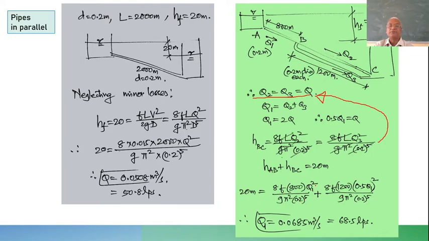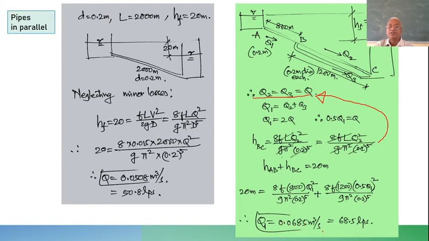This is the first part, plus this particular part. So 8FL, and in each of the pipes it is 0.5Q, (0.5Q1) raised to squared divided by G pi squared. The pipe diameter is the same, raised to 5. The only unknown in this equation is Q1. So Q1 becomes